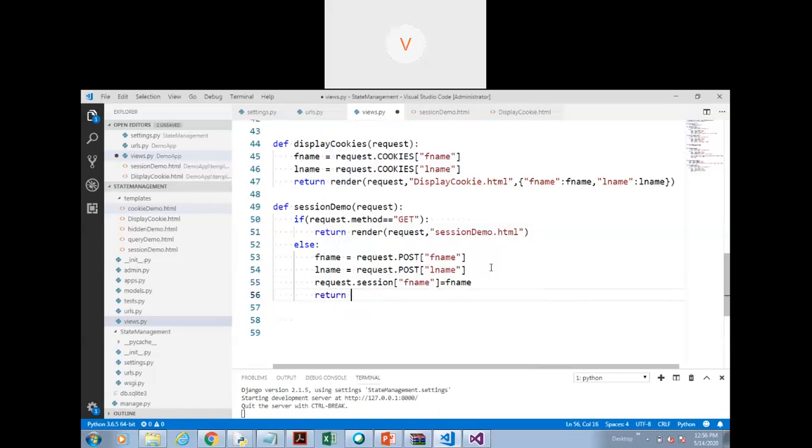So let me just try this one if the syntax is correct or not. Return, just let's try HTTP response hello to just check if the session is being created or not.